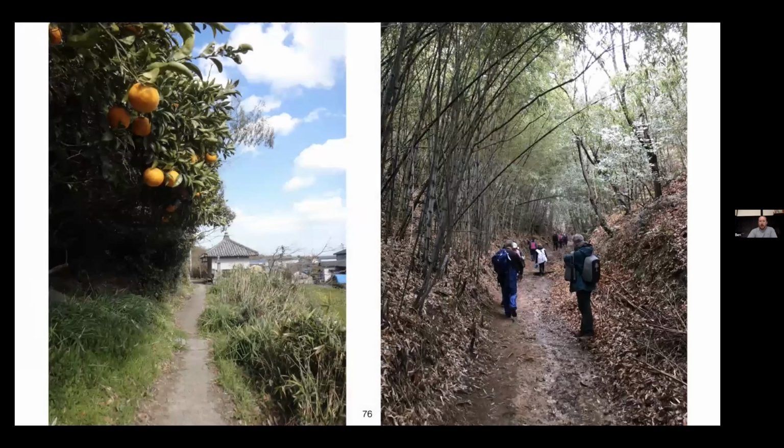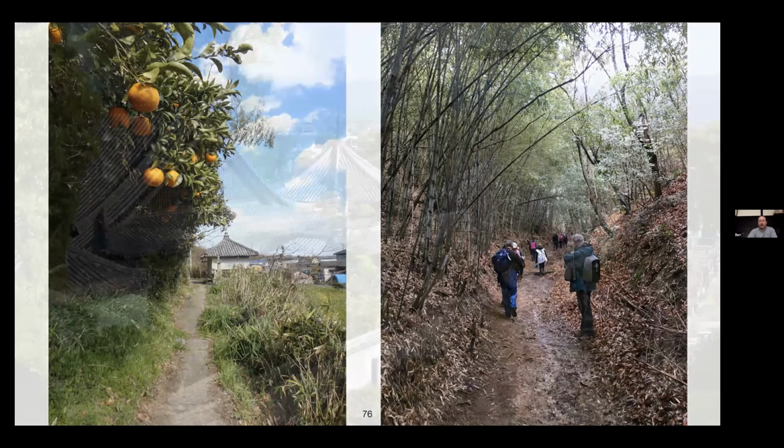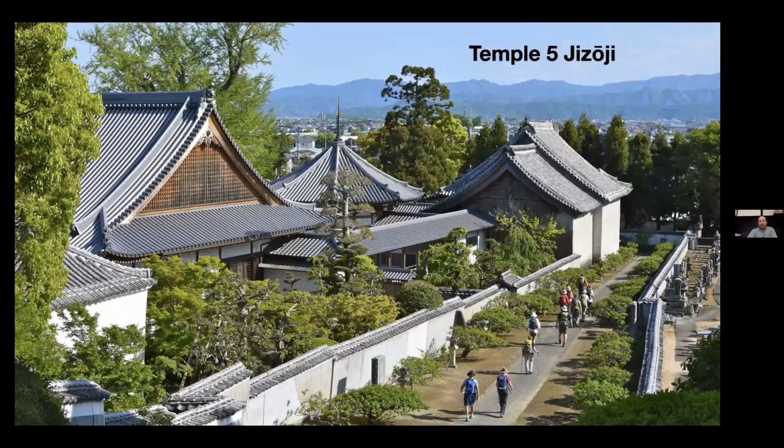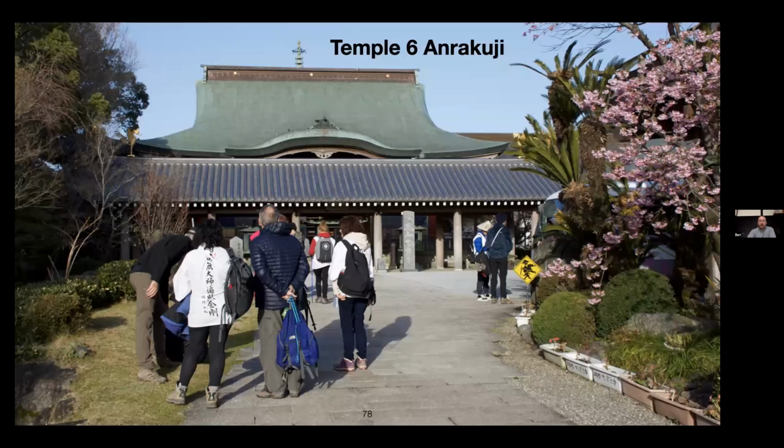Through citrus orchards and along a few slightly muddy trails, if there's been a bit of rain. The photo on the right there is actually the most challenging part of today's walk. And we eventually arrive at Temple 5, Jizoji, where we're met by local taxis which take us to our lodgings and the final temple of the day, Temple